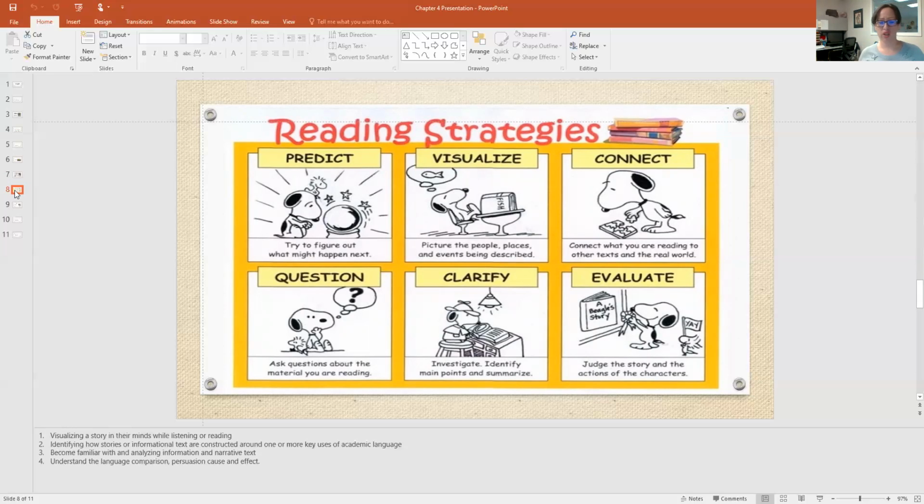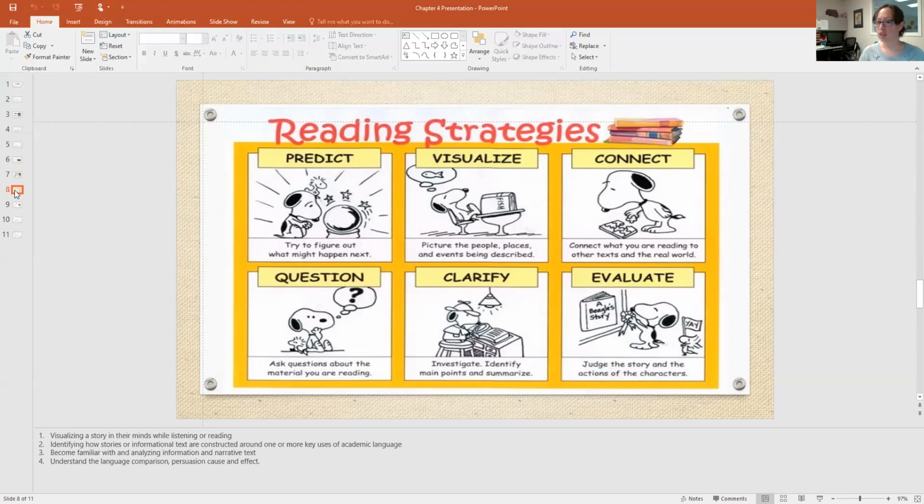Questions, asking those questions. What do I want to say? What do I want to ask? And we need to clarify and make sure that when we are giving our instructions, we need to be very clear. And that way the children can identify main points and then they can summarize. I would almost say that